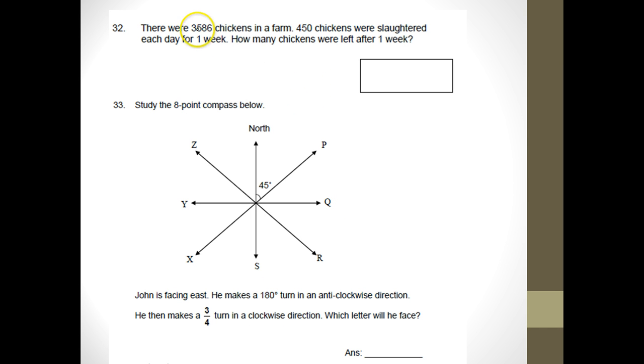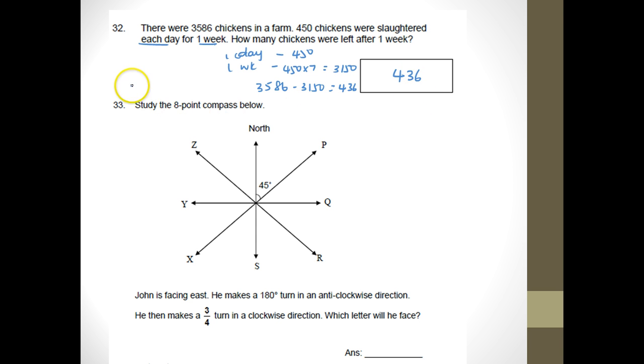Question 32. There are 3,586 chickens in a farm. 450 chickens were slaughtered in each day for 1 week. So 1 day is 450. 1 week is 7 days. So it's 450 times 7, which is 3,150. Alright, so how many chickens were left after 1 week? 3,586 minus 3,150, and my answer would be 436